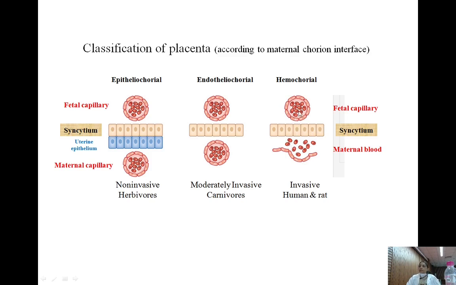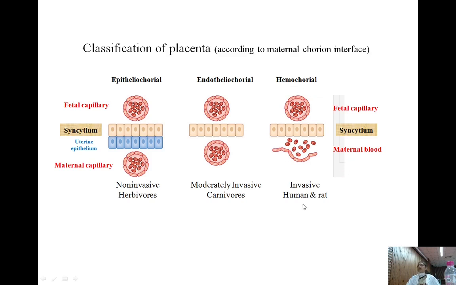So the capillary is very close to the maternal blood, so that is known as hemochorial type. This is the chorion, and that is the chorionic villi, and this is the blood vessels in the chorionic villi. So they are very close to the maternal blood, and that is known as hemochorial type of placenta,